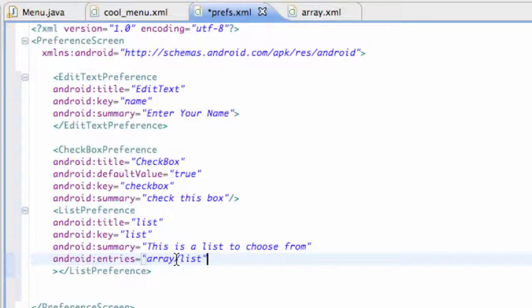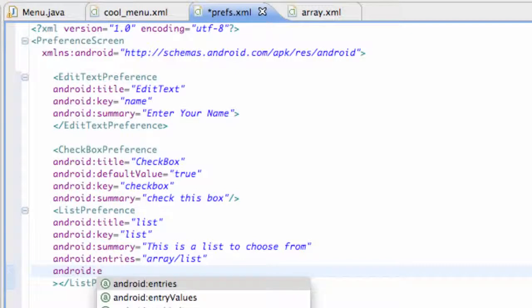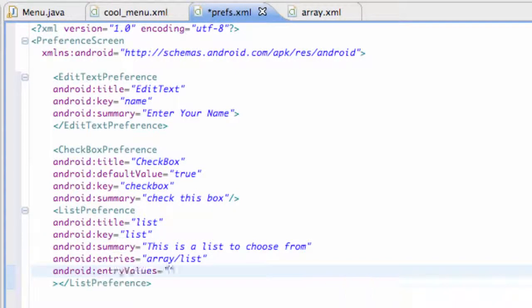So let's say we want one of those items to be checked to start with, and what we're going to do is we're going to set up something basically that's going to refer to the list values for the most part. So we're going to set up something else called Android entry values for the most part, and we're going to say, again, refer to another array. So we're going to say array / values or something like that, or L values,